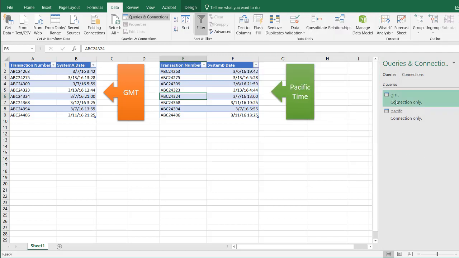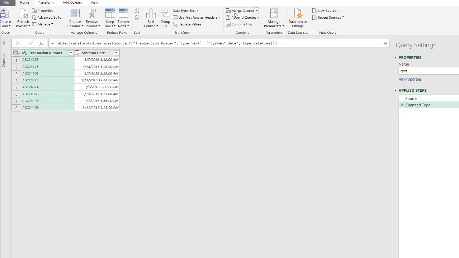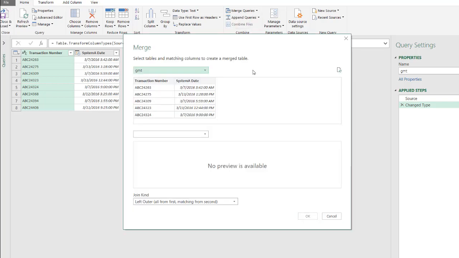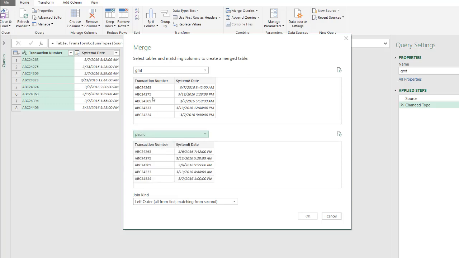So I'm going to take that GMT table, double click it to open it back up, and up here it will be merge queries. And I want to merge queries as new, so it's not going to do anything with that other query. I want to merge this query with the Pacific table and have a new one created. My new table is the Pacific table, and the common column is this transaction number. With the transaction number columns selected, I'll keep the left outer join because these are all the same. We've got the same records here. Click OK,